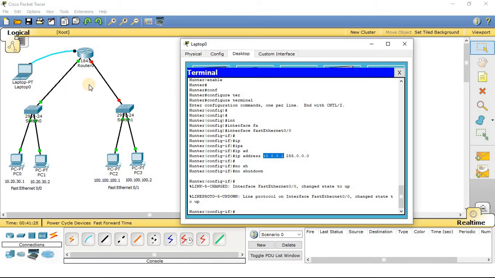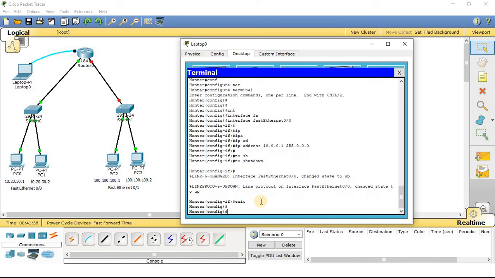So let us now move out from this interface. To move out from this interface, the command I will use is exit. Again I have moved backward to the config mode. So by the exit command I have moved one step backward to the configuration mode.